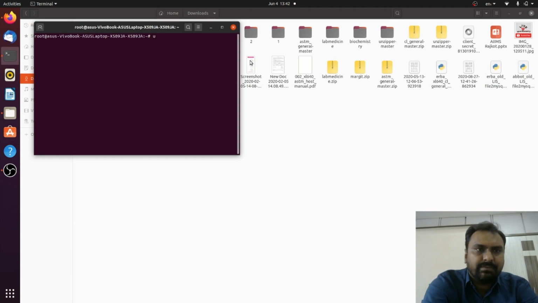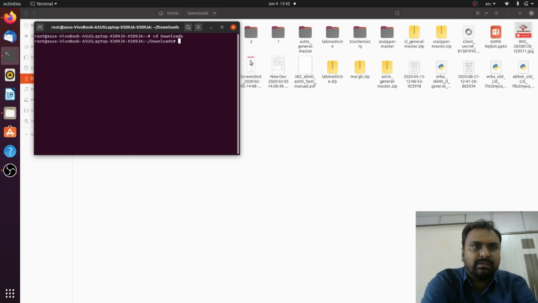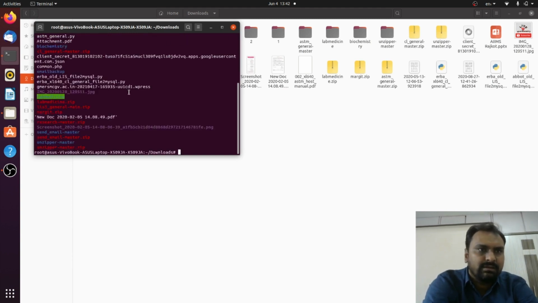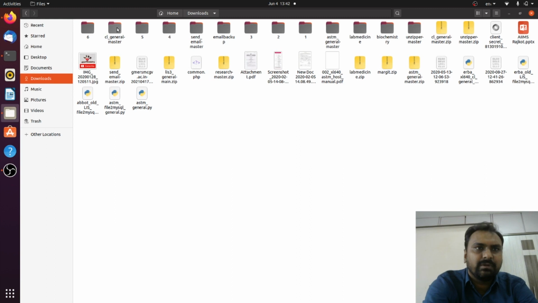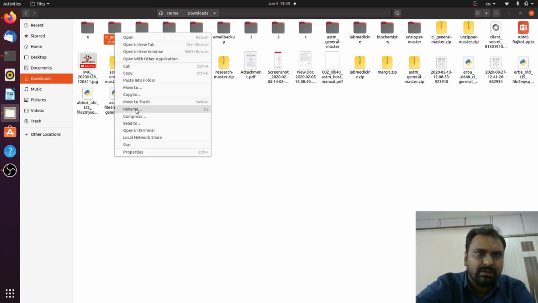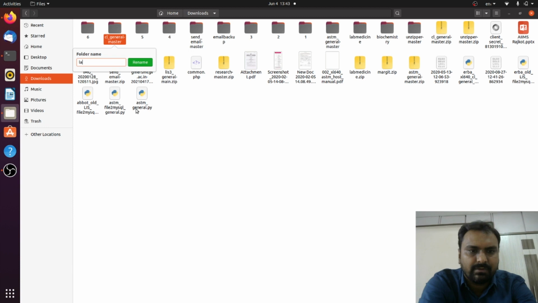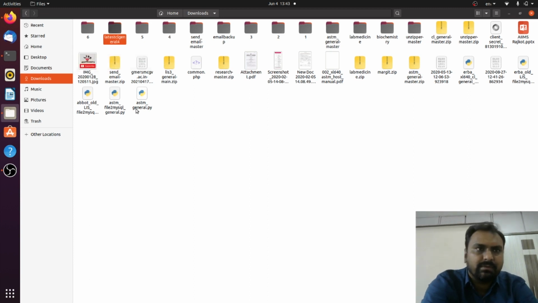So you have to just type cd, that is change directory, and go to the downloads, okay. So you will reach this folder. Then you have to type unzip cl general master, okay. So now you can see this folder. Rename it as latest CL general 4, okay. I have already installed different updates, okay. Now copy this